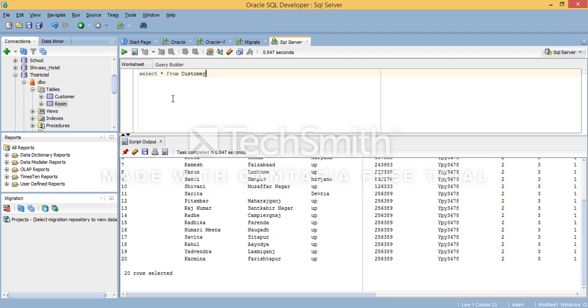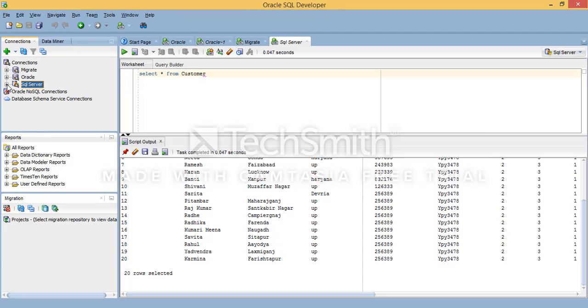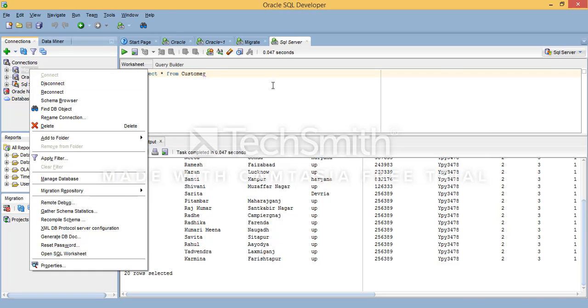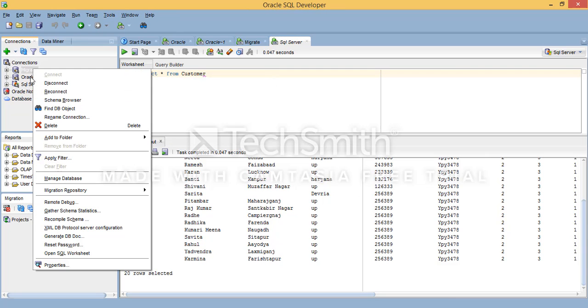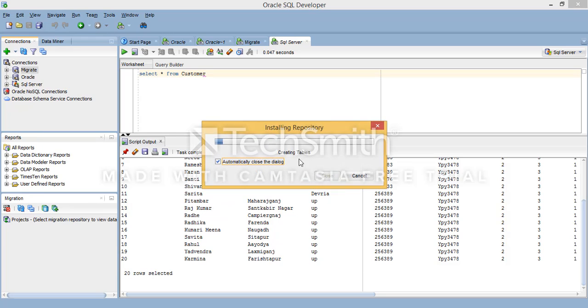see the process to migrate data. You can see you have created a migrate user, migrate data. So just click on that table space, go to Migrate Repository, Associate Migration Repository. Okay, it will install the repository.